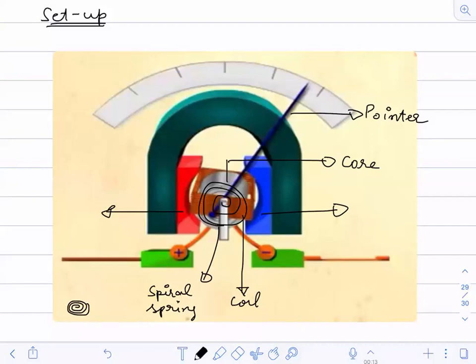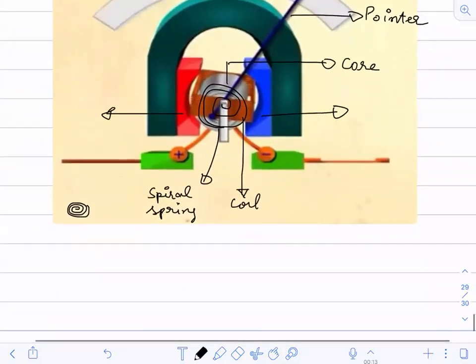So this is the setup now. You don't have to draw this setup. Just for better understanding, I have taken a diagram, but you don't have to draw it. In the exam, you will be drawing a simple diagram that I will show you at the end. For now, just understand with this diagram, because it is better to understand with it. So you have understood the setup now.